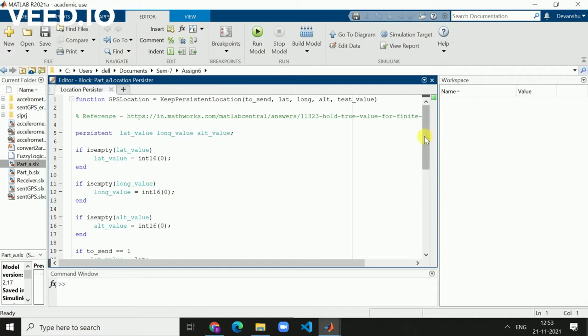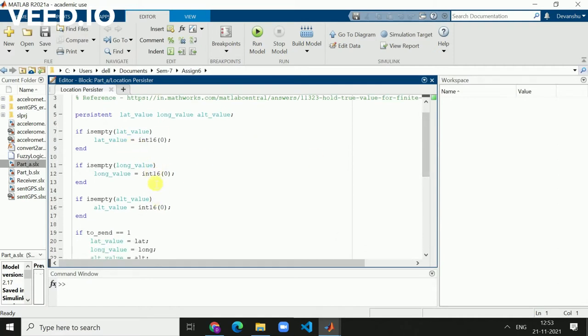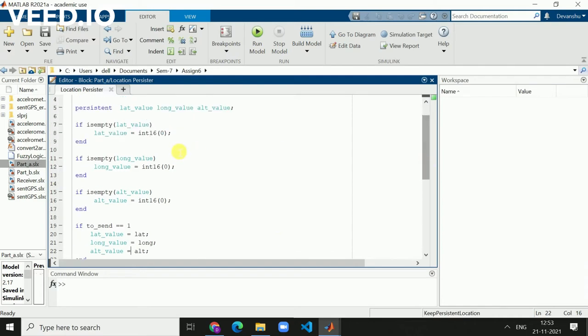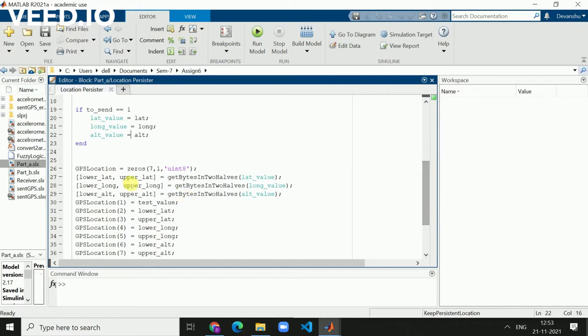Initially the values of latitude and longitude are set to 0 or -1, and if the level of emergency is detected, that means the send flag is 1, then only the lat value and long value are changed. Otherwise they are kept as the previous value, since they are defined using the persistent keyword. We return a 7 byte array as the GPS location.